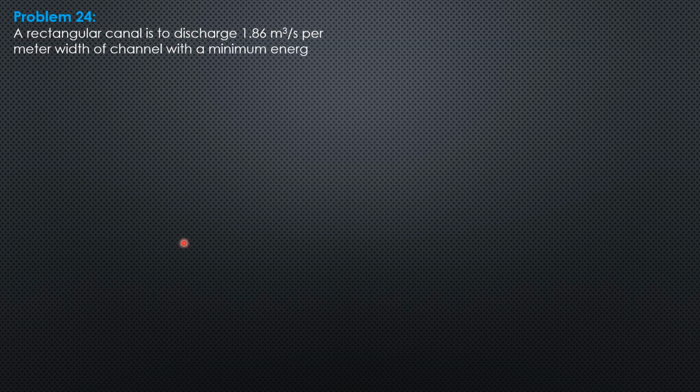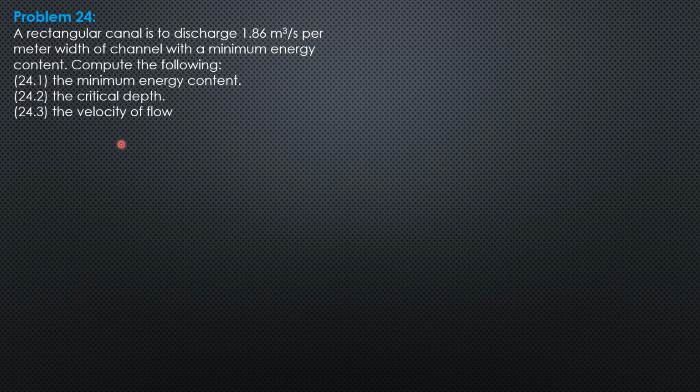Example 24. A rectangular canal is to discharge 1.86 cubic meters per second per meter width of channel with a minimum energy content. Compute the following: the minimum energy content, the critical depth, the velocity of flow. So we are given the idea that the flow will have minimum energy content, so therefore it occurs at the